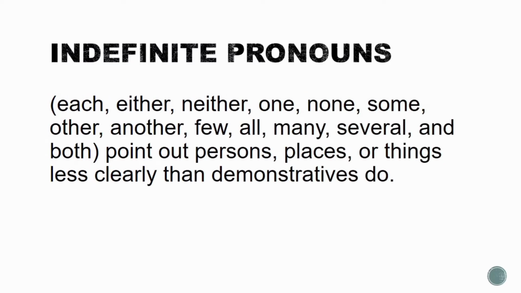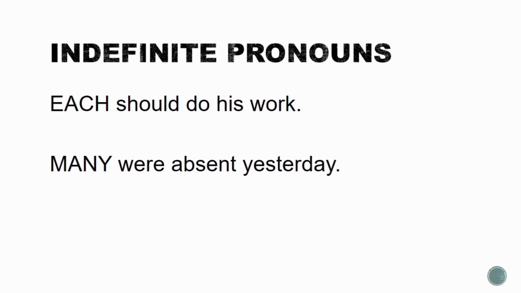The next kind of pronoun are indefinite pronouns. They are either each, neither, one, none, some, other, another, few, all, many, several, and both. They point out persons, places, or things less clearly than demonstratives do. So in the examples, each should do his work, and many were absent yesterday. Each and many are our indefinite pronouns, so we call them